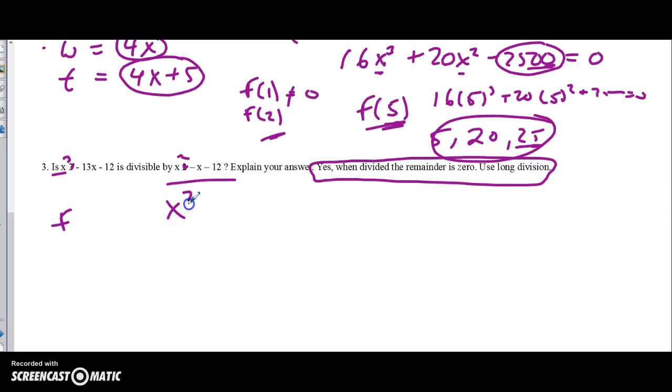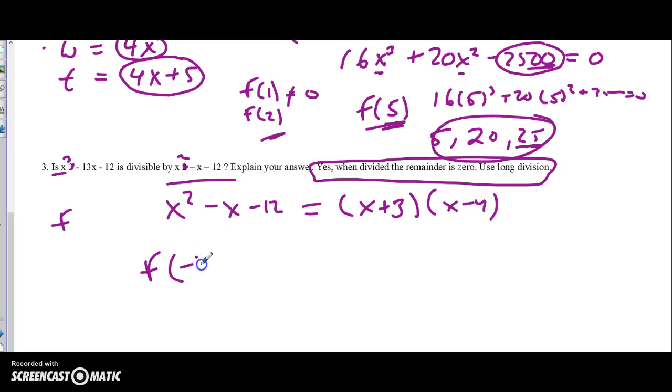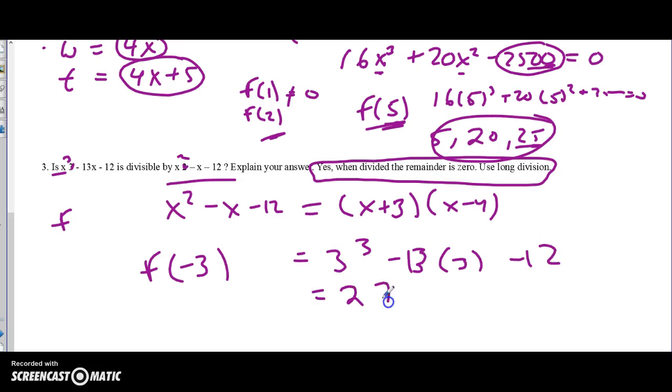So the factors of x squared minus x minus 12 are x plus 3 and x minus 4. If I go ahead and find f at negative 3, that would get me negative 3 cubed minus 13 times negative 3 minus 12. And that's what? Negative 27 plus 39 minus 12, and that's 0. Okay, so there's 1. And then if I go ahead and try f at 4 for my second factor,